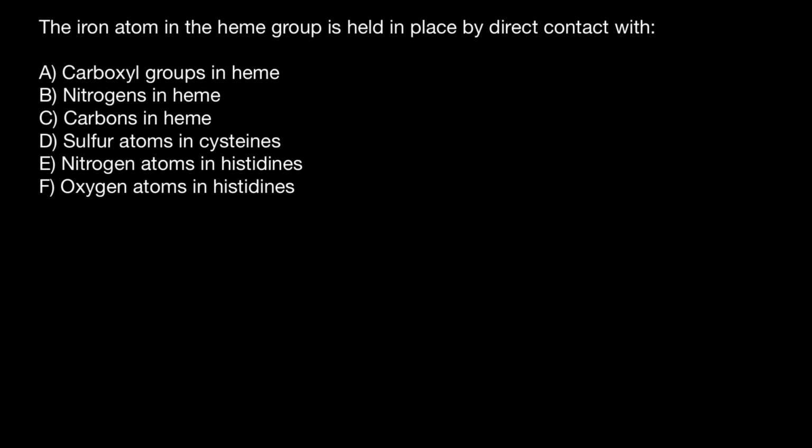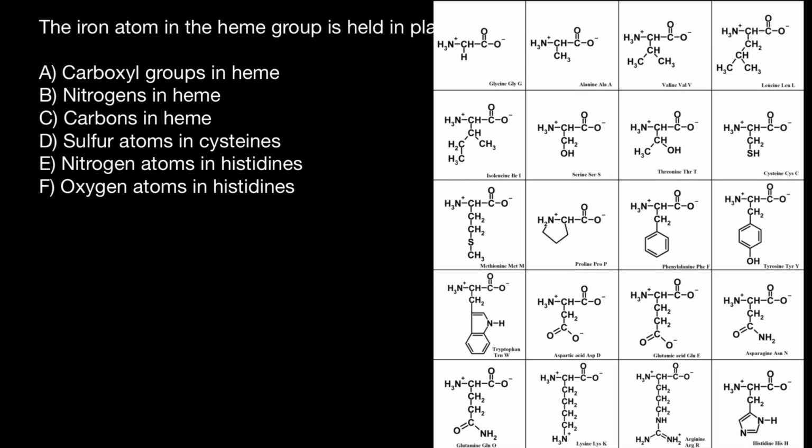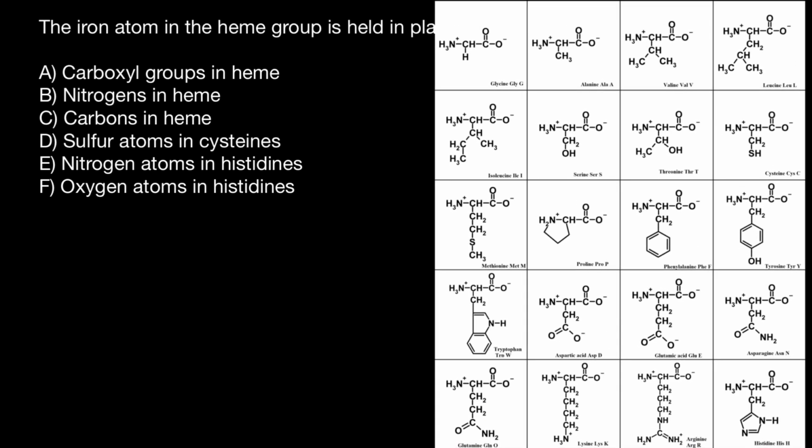And here's the problem: the iron atom in the heme group is held in place by direct contact with, and you have to choose one of these answers. Today's question is really interesting because if you take a look at the 20 amino acids, you will find that